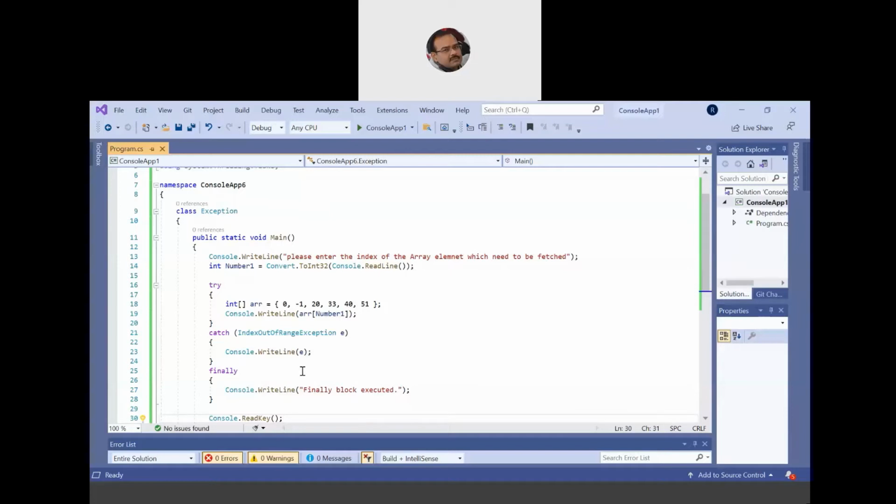So what could be the primary conditions, what are the lines of code which I need to write within the try block? First things first, whichever code accepts input from the user. Such a line of code should be written within the try block, because we cannot predict what input the user will give us.